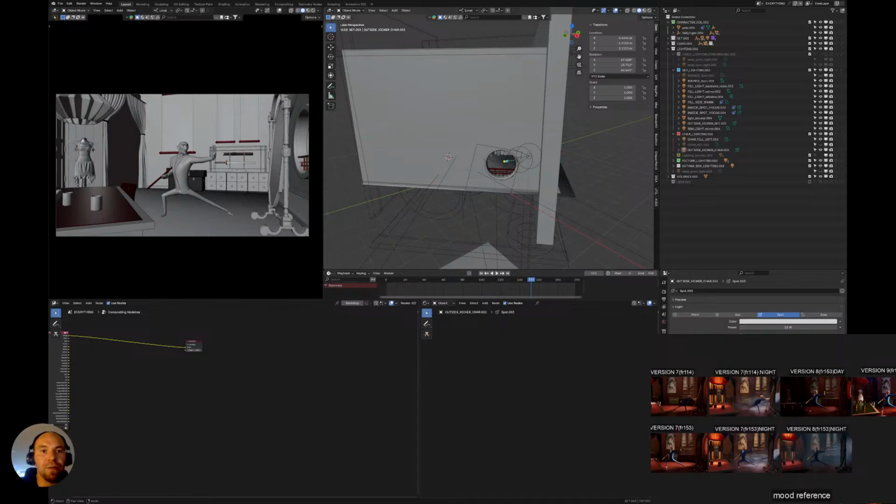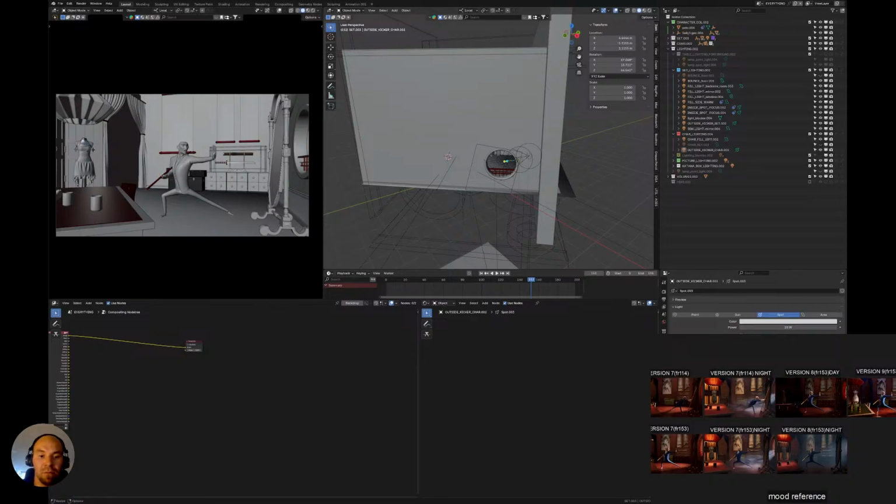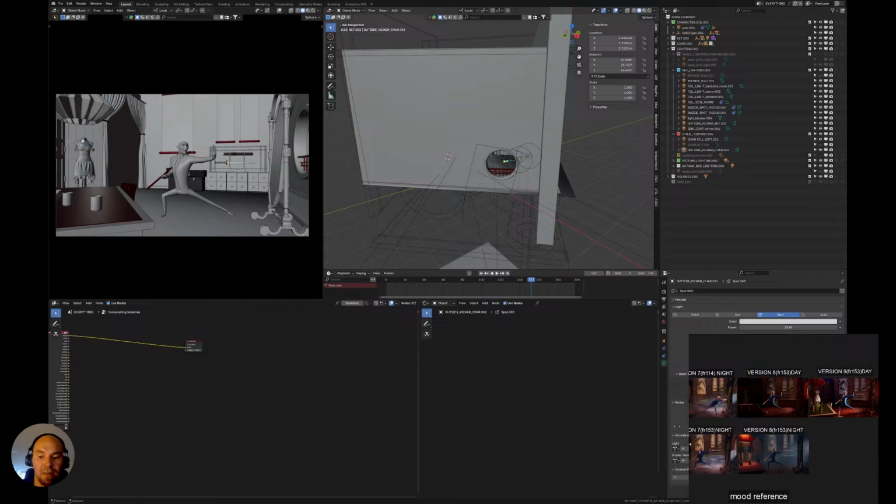And today we will be continuing on the scene that we've been working on for the past few weeks, on and off, a few hours every time. And today we're going to be working on more of the lighting. So the last time I said that I would be setting up things for compositing